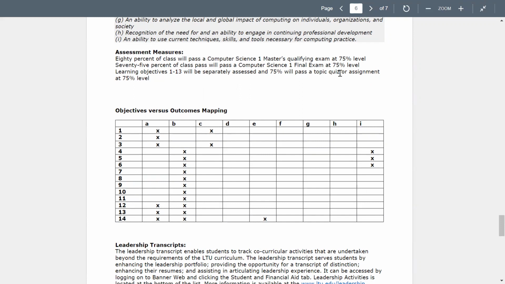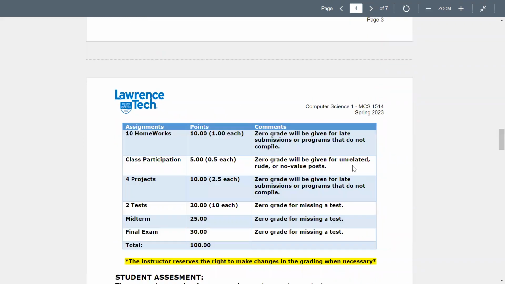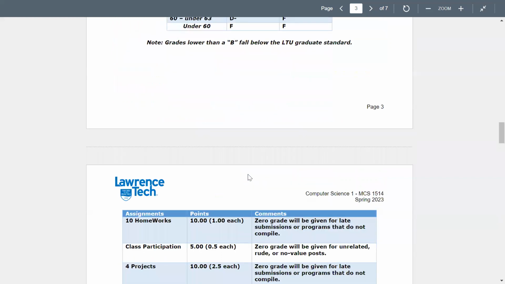So this is for the master's level. Some master's degrees require computer science 1, hence why we mention this column here. We might have graduate students with us in class. Graduate students are expected to score 68 and above, unlike undergraduate students.